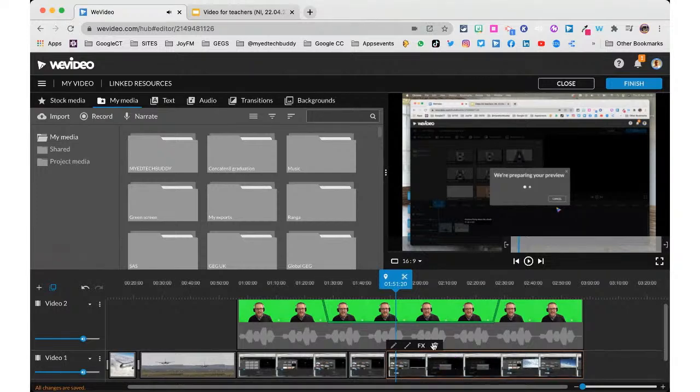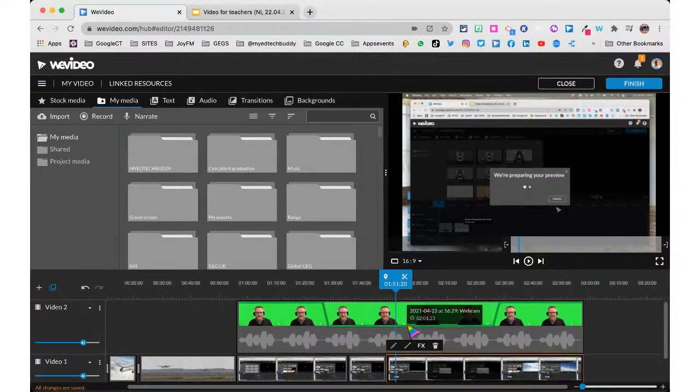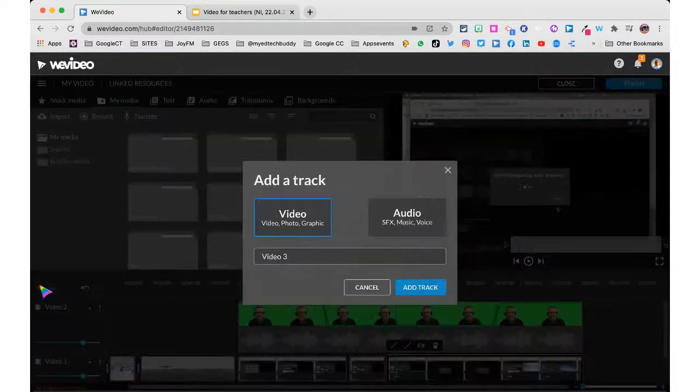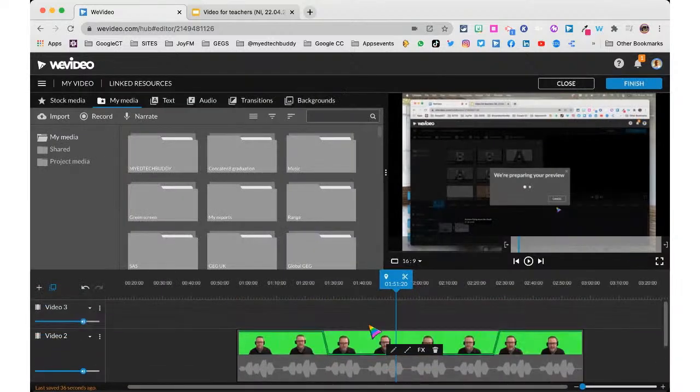Okay. So nice, easy way of pulling everything together. Pretty straightforward. And we can add text in over the top as well. The main thing is your green screen probably needs to be your top layer, and anything that you want underneath behind the person who's in that green screen track needs to be below it. You can, of course, still have other information in front. So if I had another video track, if I wanted something in front of me, I can come and say,